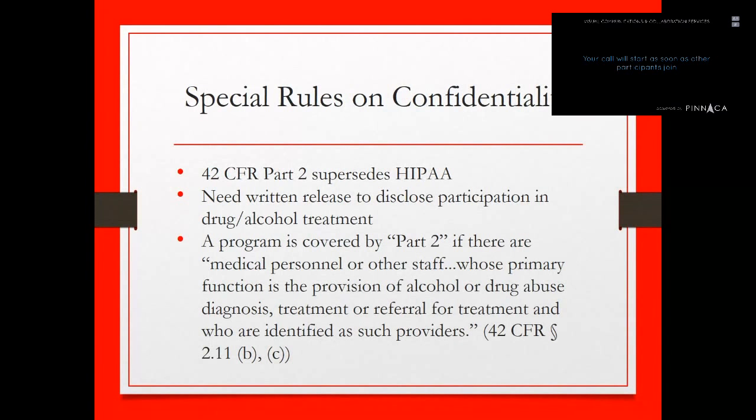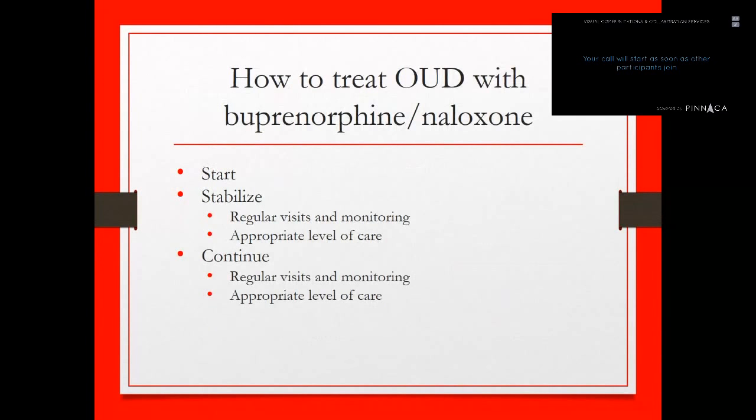Just something to remember. So, how do we treat opioid use disorder with buprenorphine and naloxone? I'm going to stop talking for just a moment and give people a chance to take a look at the speech bubble at the top of their screen, right next to the button that says leave. It will open up a chat window. If there are any questions, please feel free to jump in and stop me or send me a message through the chat window. I'll be unmuting participants in a little bit to discuss some of the cases.